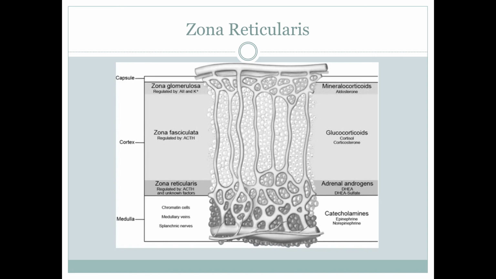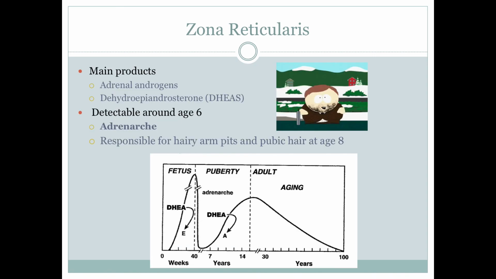Okay, so we had our glucocorticoids from the zona fasciculata. Those are the only ones controlled by ACTH. So now we're going to go on to the zona, where are we going? Reticularis, and that is going to make DHEAS. So this is a product of the androgen type family. So adrenal androgens, DHEAS. So if you look at this across the lifespan, so in fetal tissue, or we're sampling